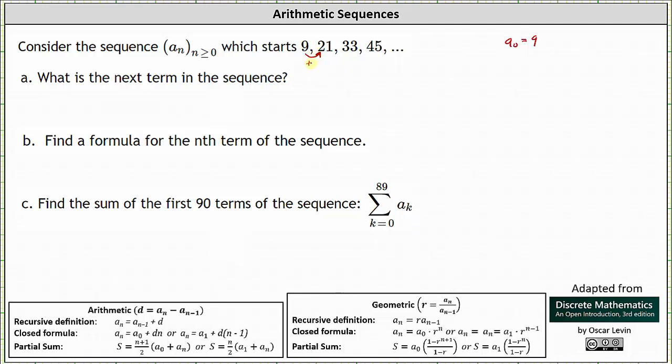9 plus 12 is equal to 21. 21 plus 12 is 33. 33 plus 12 is 45. So because the terms are increasing by a constant amount, or we have a common difference, we should recognize this